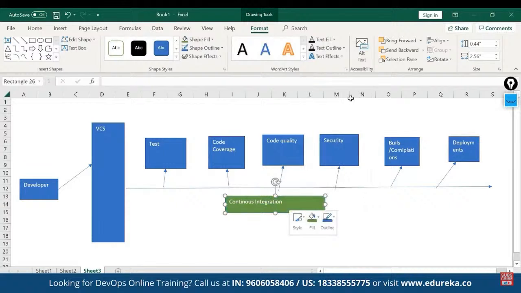Whenever you implement DevOps, guys, DevOps is a mix and match of a culture and an automation tool. So the culture is you should check in more and get feedback on your code more, and to enable this platform, we will use this pipeline, wherein we will embed test cases, code coverage, code quality, security, builds, compilations,